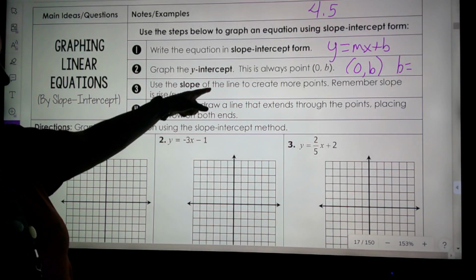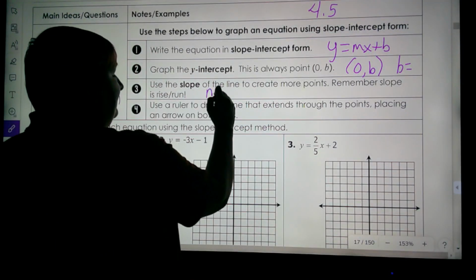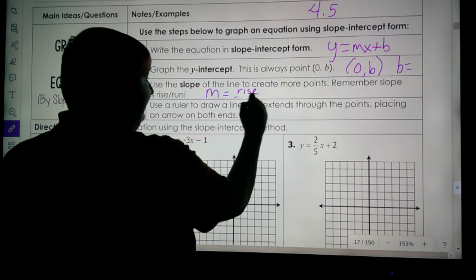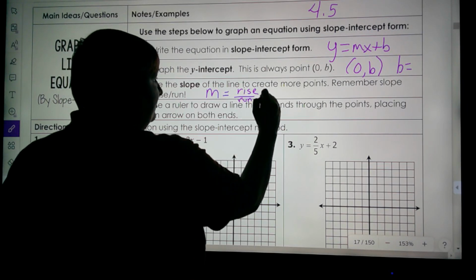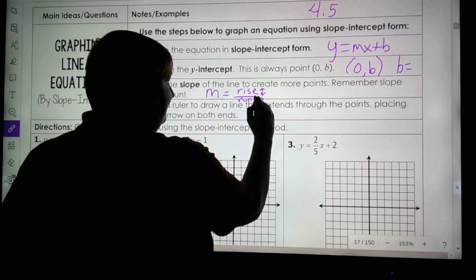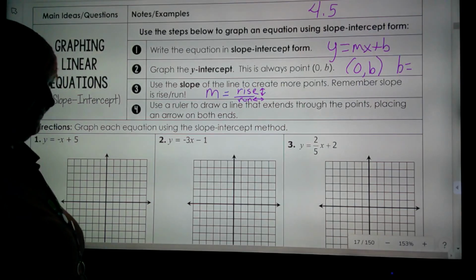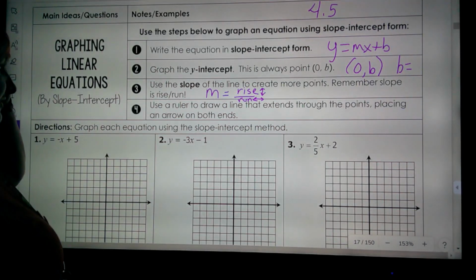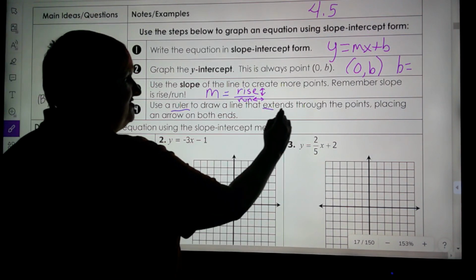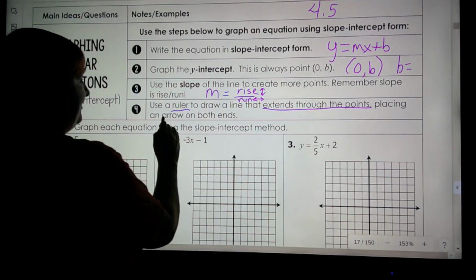Use the slope to create more points. Remember that slope is rise over run. So it's your up and down over your left and right. That's your m. Use a ruler to draw a line that extends through the points, placing an arrow on